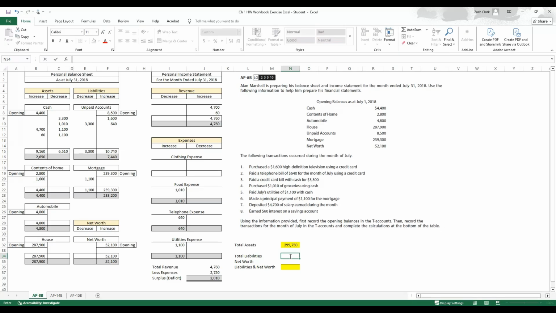One thing you'll see me do in class as well, I want to highlight this, is you can do equal signs obviously and then add together. But another thing that you'll often see is plus signs instead of an equal sign. Like you could do plus this, which is the same thing as equals this plus this. The reason why accountants often have a plus sign instead of an equals when they're doing Excel work like this is that on the part of the keyboard where you're typing the numbers in, also known as a 10 key, it'll have the 1, 2, 3, 4, 5, 6, 7, 8, 9, and then it's got